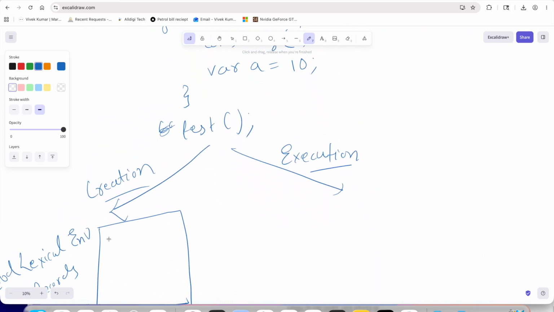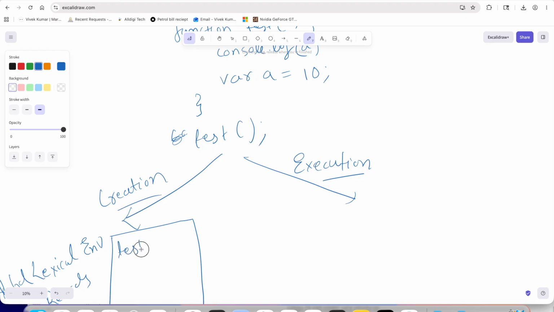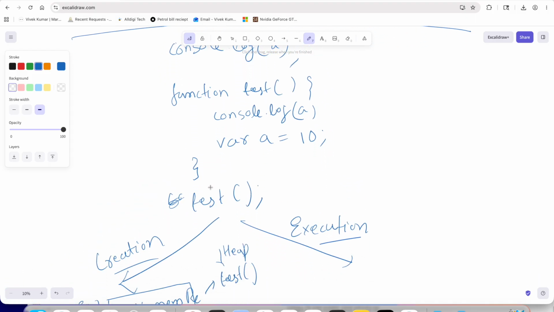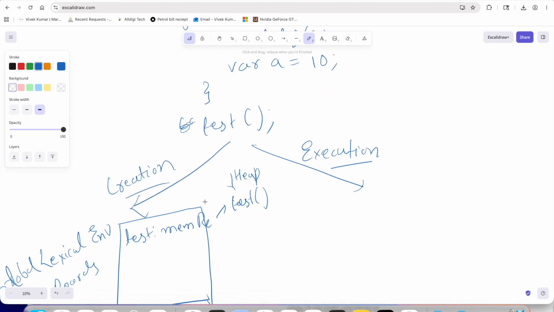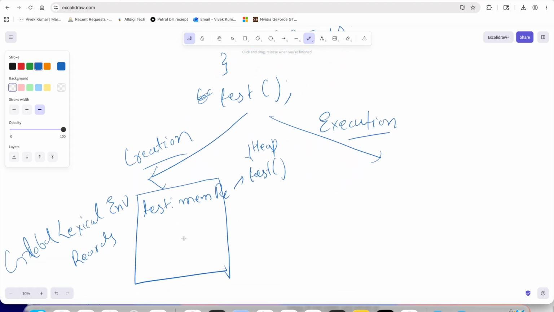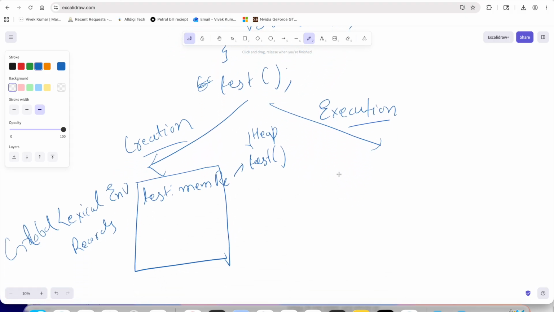For test, actually test will have the bindings. Here we have a memory reference. This test will get created in heap memory, right? This test will get created in heap memory, and okay, next at the time of execution,